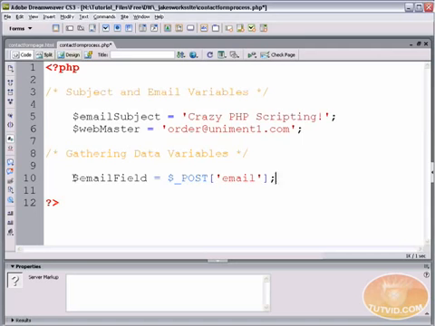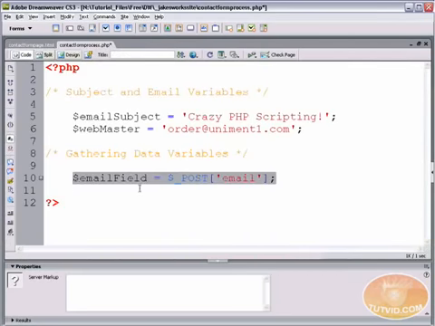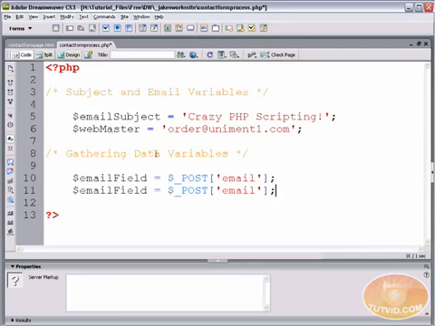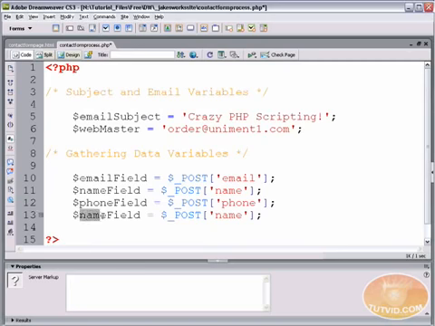All right, and we need to do this for each of our little input areas or our form elements. So you can see if I select this one, the name is email, and we just put the name email in there. So I'm going to copy this whole thing, hit enter, and paste it here, and I'm going to call this name field, and I'm just going to change this to name, because now we're gathering the name info. All right, let's copy this, go to the next line, paste it, and here we're going to say phone field, and we want you to grab the phone info. Go to the next line, paste that, and now we're on the budget field,